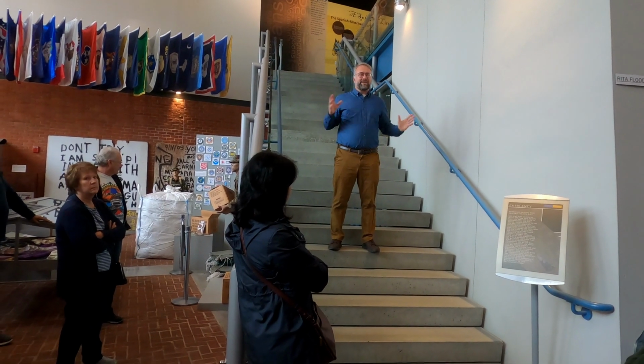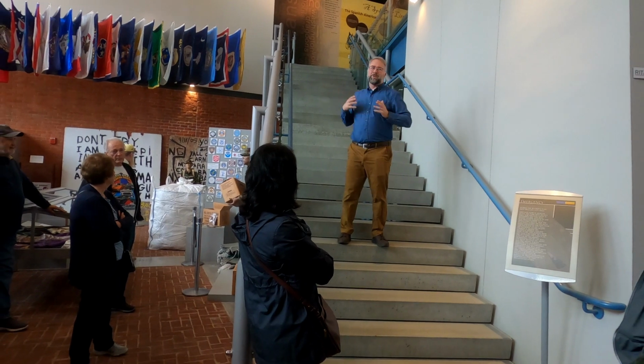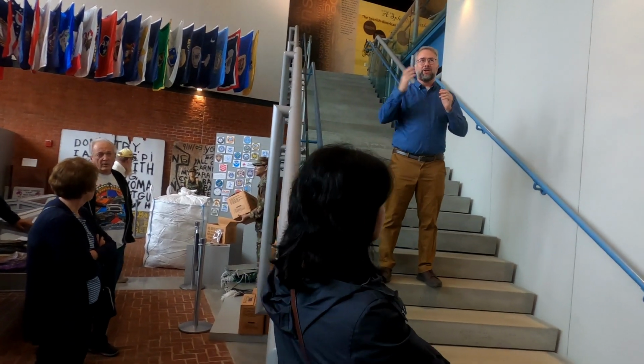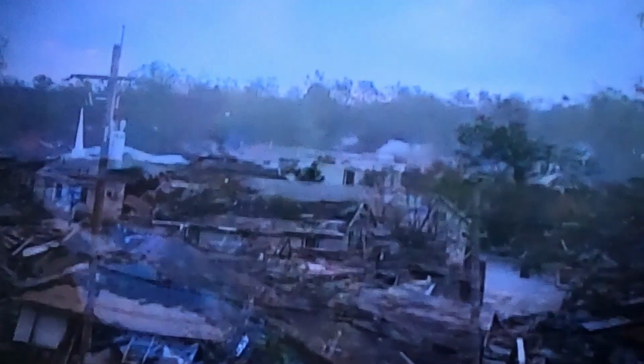So we're set up, this museum is set up sort of backwards in time. So we start with more recent events and then move backwards in time, and then you go upstairs and it goes to the old militia days. So on this side of the stairs and curving behind it, you will see mostly Hurricane Katrina related activity, and